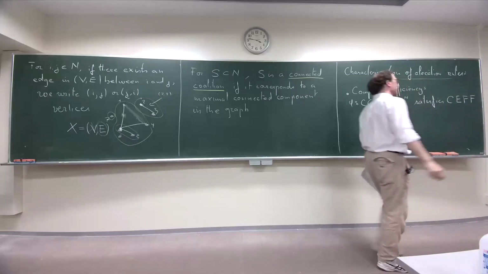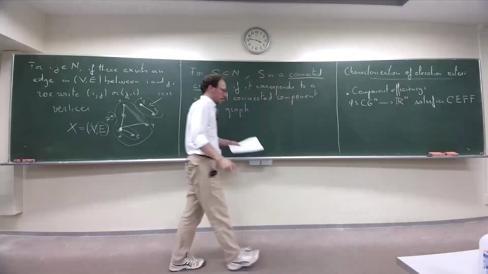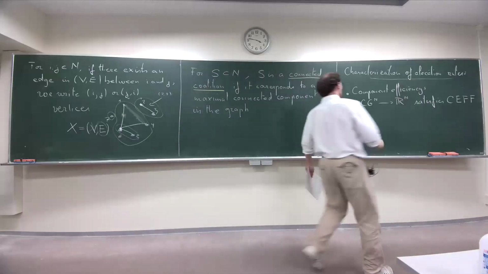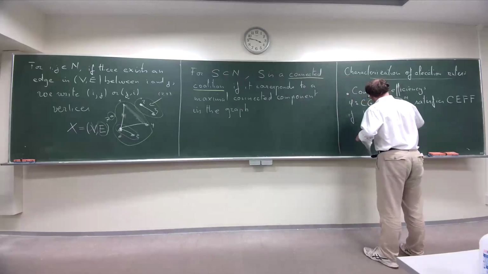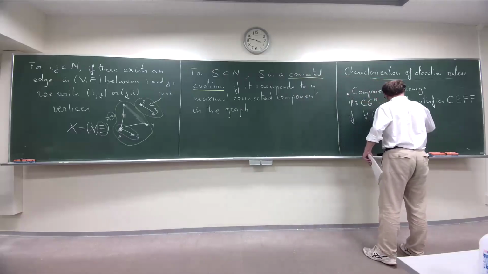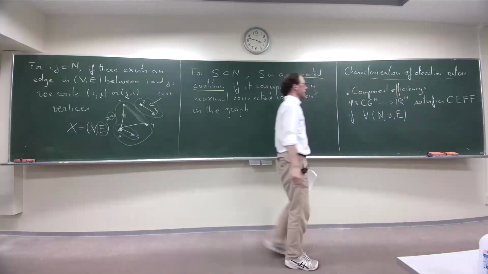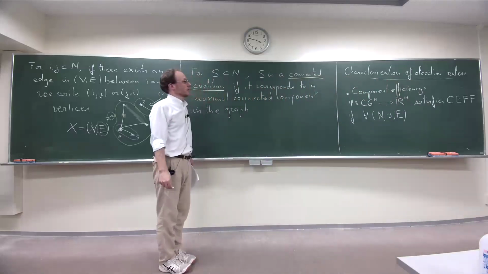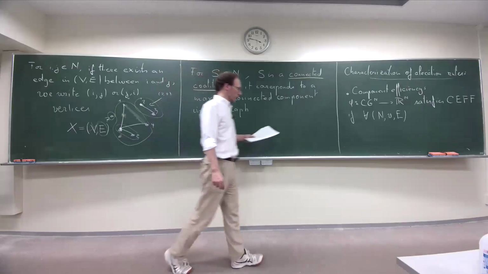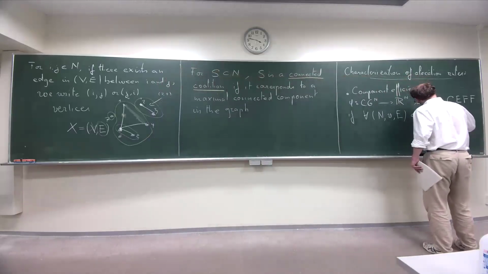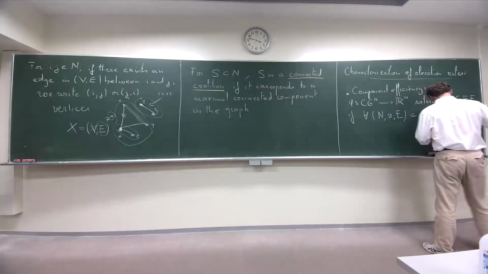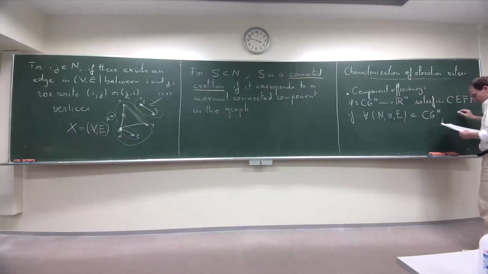We have already seen EFF, but now the C is for communication. If for any, remember, this is just a TU game with communication graph, so for any of them,